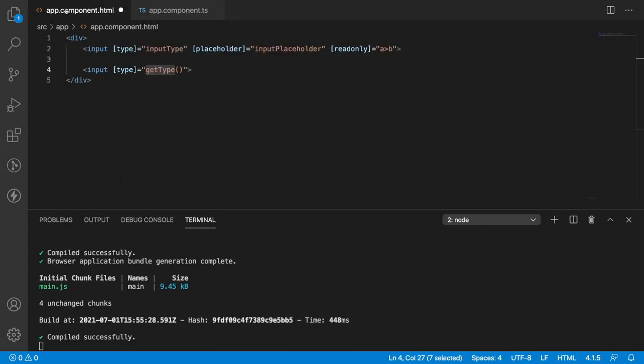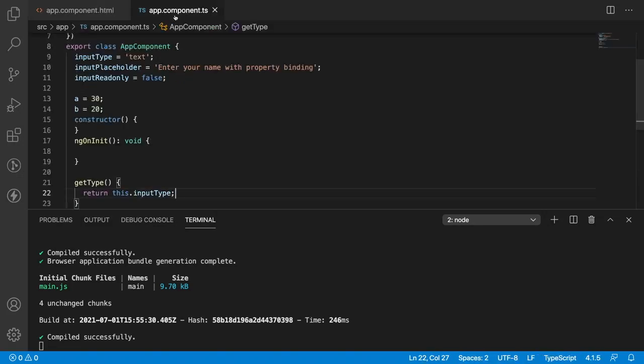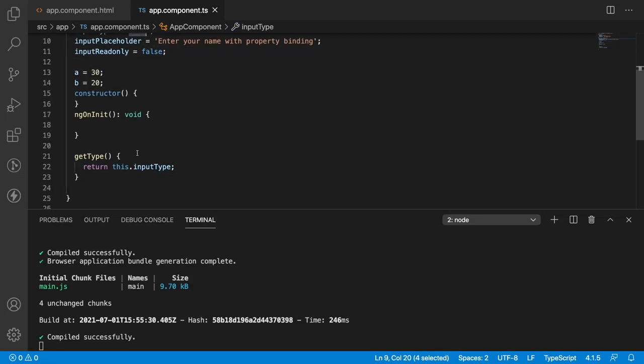Save. Let me go here, save, and now it will create one more input field. Now the type will be equal to the type passed here, text. So we can even call methods which return some value accepted by your property binding, and it will change the behavior of the HTML element.